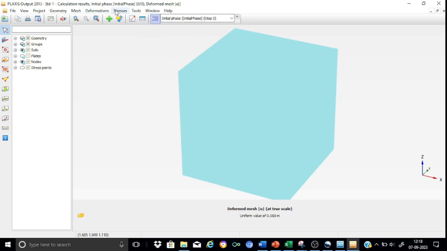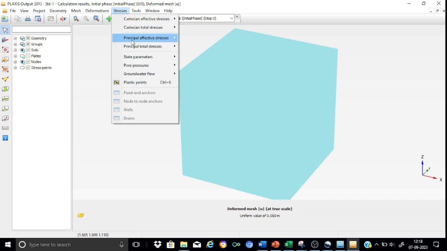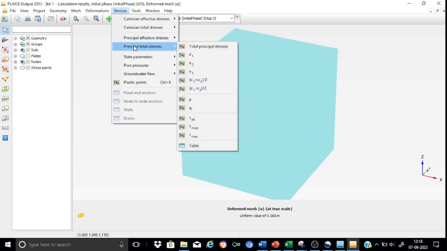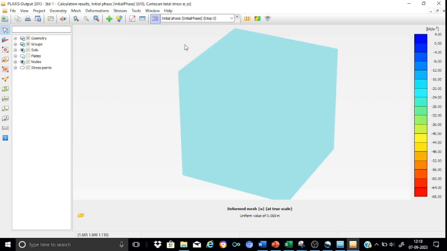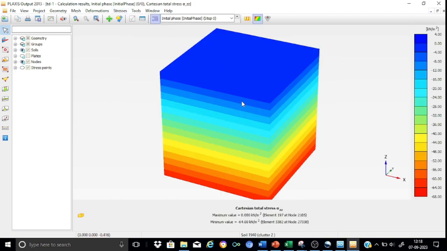And let us go and inspect the distribution of vertical stresses. So I would like to have the Cartesian stresses sigma z. Yes, you can see that, as expected, the stresses increase from the top to the bottom, and this is a linear stress distribution, which means that the calculations are proceeding in the right direction. Having done that, we can straight away move to the very critical one, that is now phase 3,